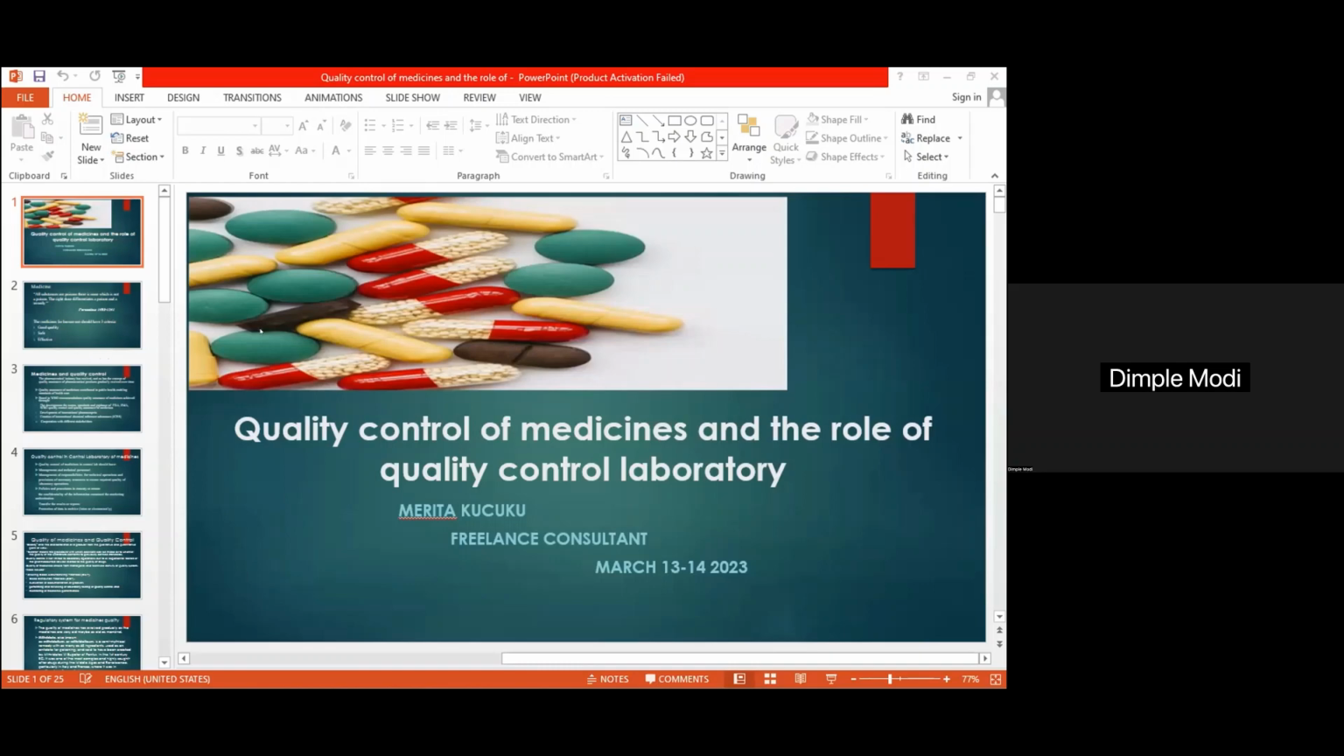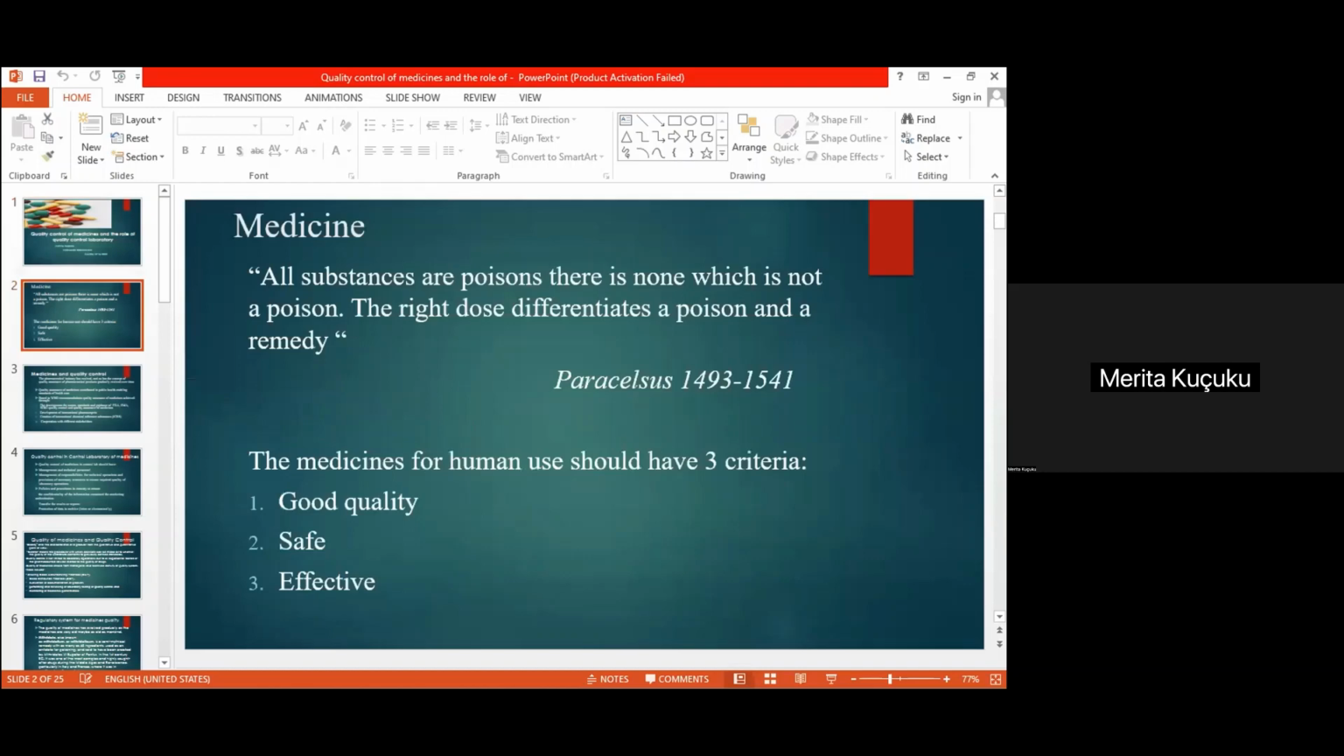Okay, let's start now. My topic for today is quality control of medicines and the role of the quality control laboratory for these medicines. I will begin my presentation with one saying of Paracelsus